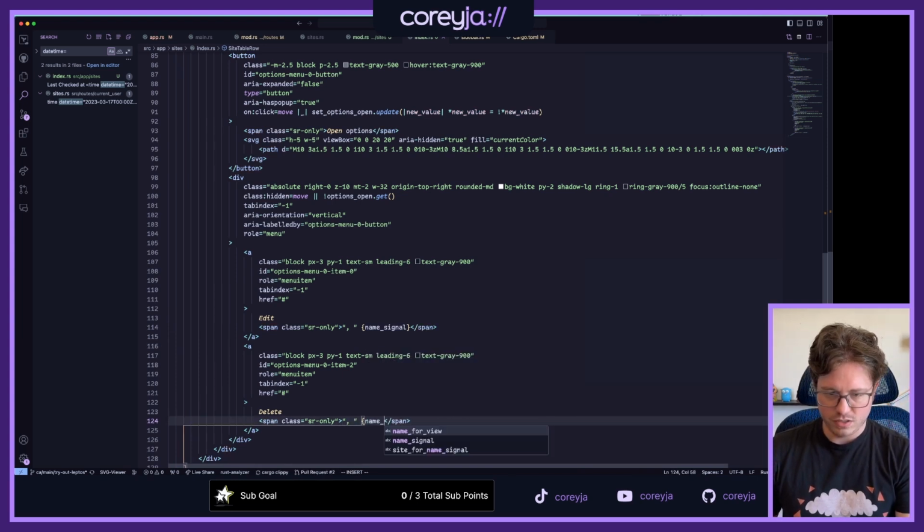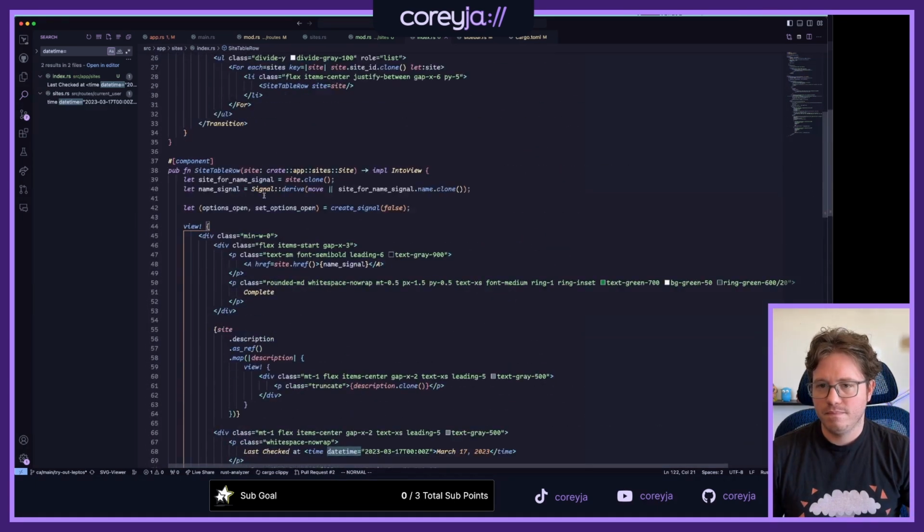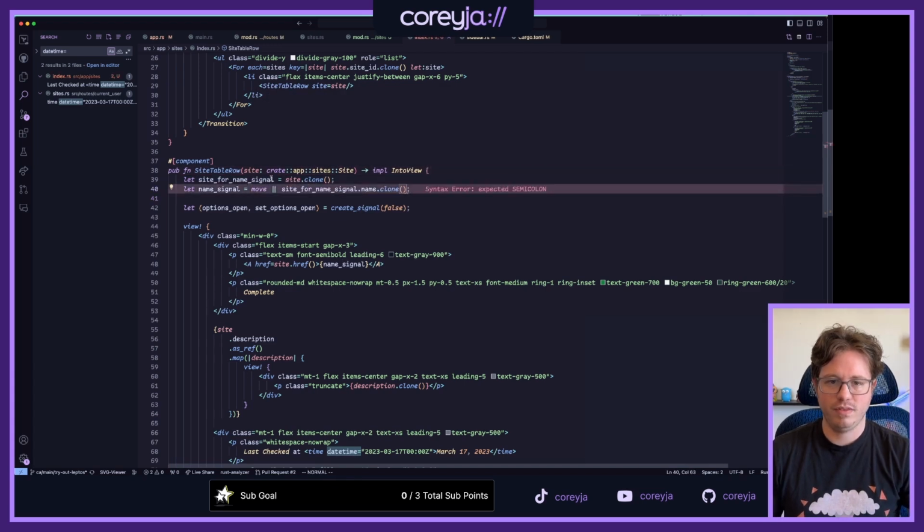Name signal. And this doesn't really need a signal.derive, right? It gives me the get method. I'm not sure I'm using the get method. I think I can probably just get rid of that.